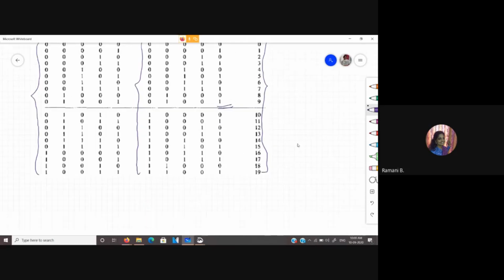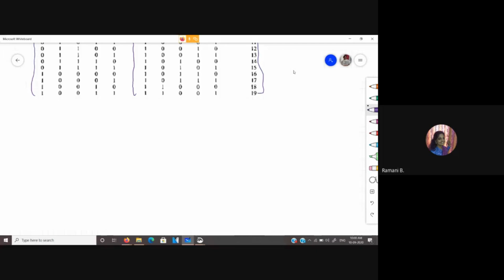We implement this BCD adder using the 4-bit binary adder that we saw yesterday. We have a 4-bit binary adder IC readily available. It is IC 7483. This particular adder takes two 4-bit numbers as input.